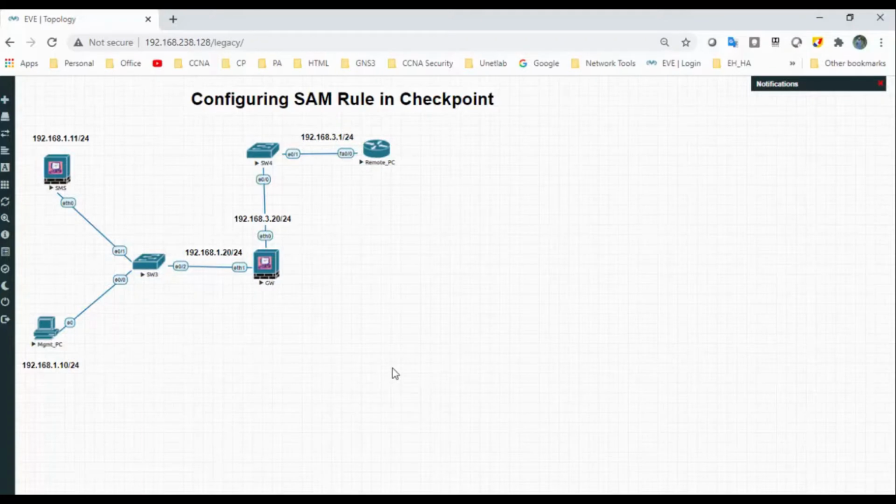Hi all, welcome back. Today I'm going to perform a small lab on how to configure a SAM rule in Checkpoint,